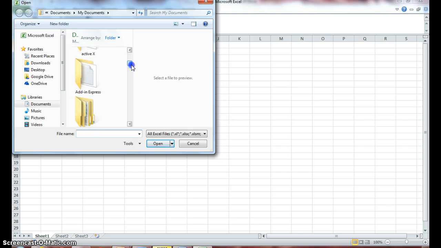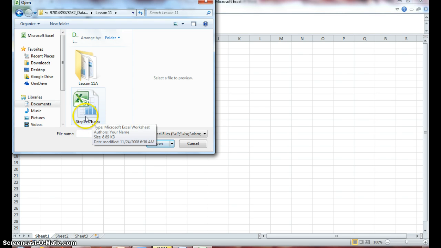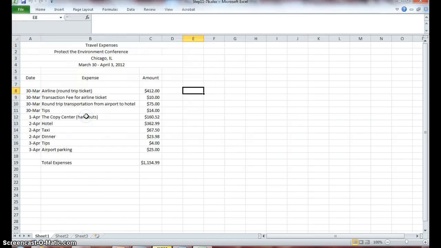Go to your Lesson 11 folder. And open up step 11.7b